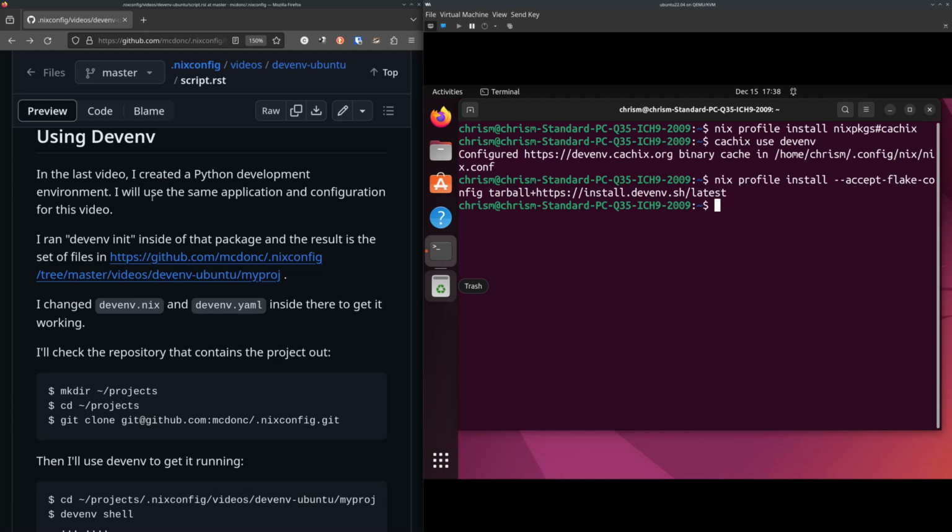In the last video, I created a Python development environment, which had a web app in it that depended on a Postgres database server. And in this video, I'm going to use the same application and the same configuration. I've changed things around slightly to appease the way that we're using Devenv, but it's exactly the same thing. We will get the same outcome, although we're running on an Ubuntu instead of NixOS. So in order to do that, now that I've installed Devenv,